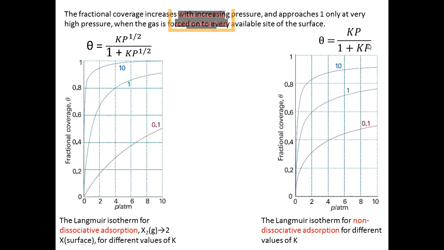So if you have a further look at the equation, if there is a non-dissociative adsorption, particularly this is for the physical adsorption. If it is the dissociative adsorption, particularly this may be in reference to the chemical adsorption. That's why at the start one of you asked whether this is for the chemical or the physical adsorption. So Langmuir adsorption is equally applicable to both the physical and the chemical adsorption. So with this one, I am just